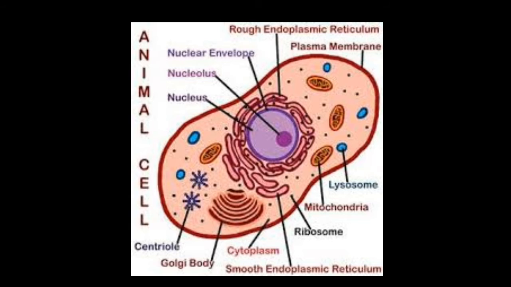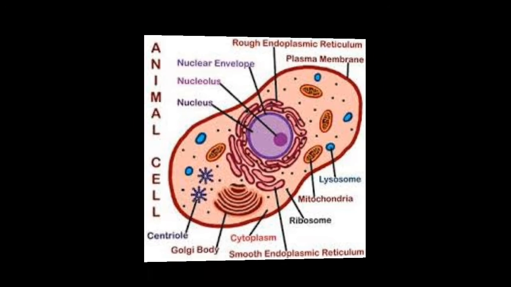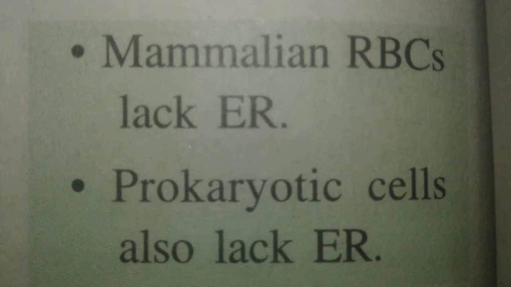So let's have a look at these two types of endoplasmic reticulum, that is rough and smooth. The one bearing ribosomes attached on its surface to assist in the synthesis of protein is called rough endoplasmic reticulum, which has ribosomes present on its outer surface. And the smooth endoplasmic reticulum doesn't have ribosomes on its outer surface, so it does not have ribosomes attached to its surface, and it is meant for secreting lipids. It only secretes lipids.